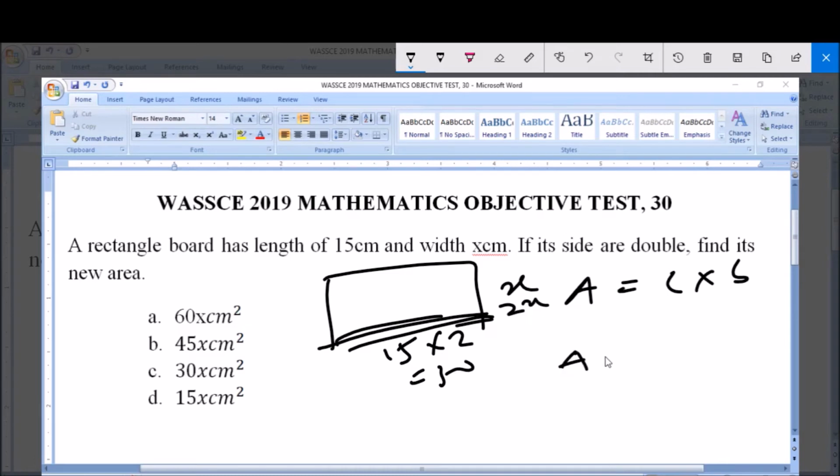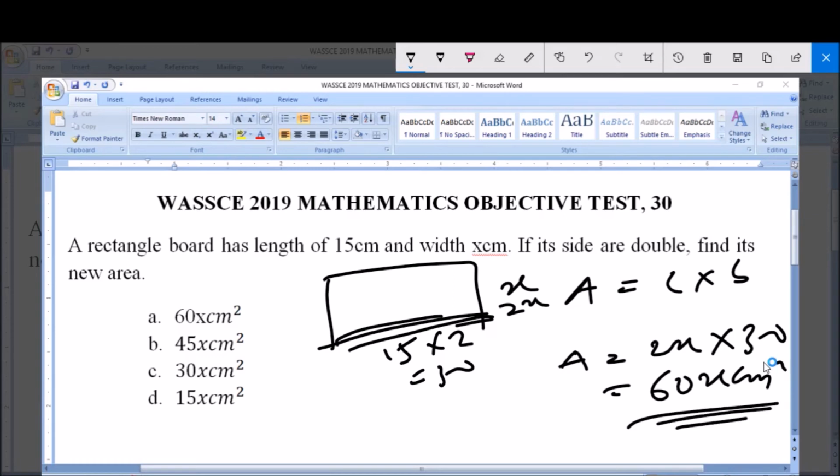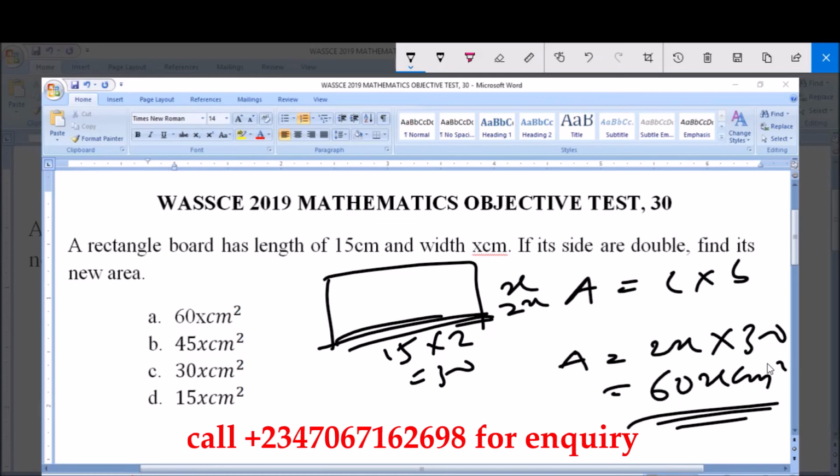So the area becomes what? 2x multiplied by 30 gives you 60x centimeter squared. Now the answer to this question is 60x centimeter squared. It's direct and easy. So the answer is option A,